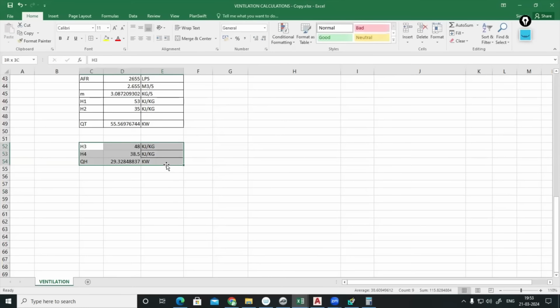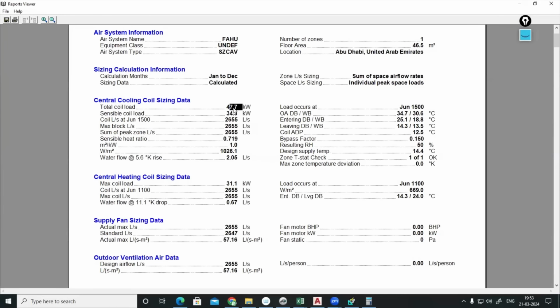This is my manual calculation of FAHU design. And this is my HAP calculation of FAHU design. Definitely, when we are considering the safety factor and some other leakage factor, differences will come. Okay, but you should know how to do the manual calculation as well. Now you can see what about the central cooling coil. In my case, for heating coil